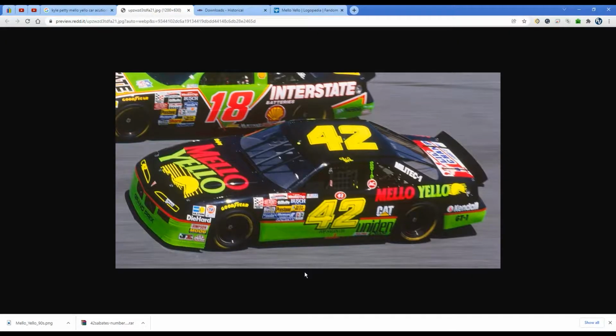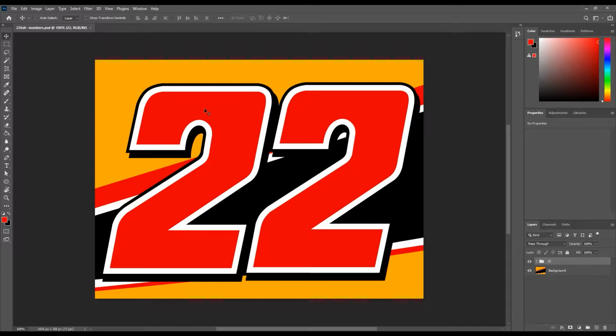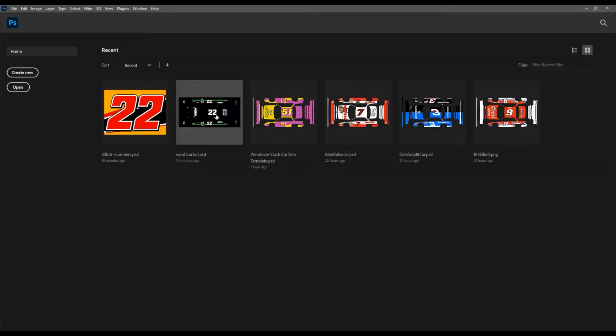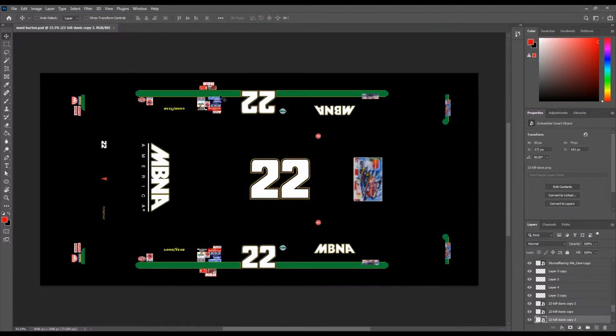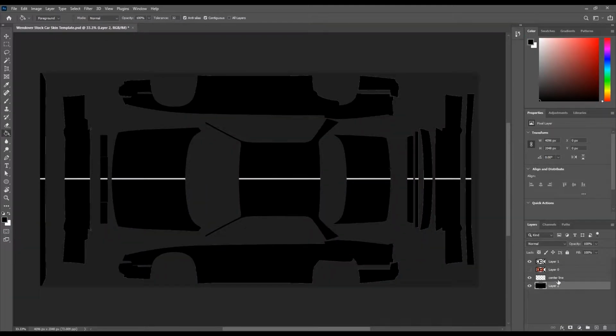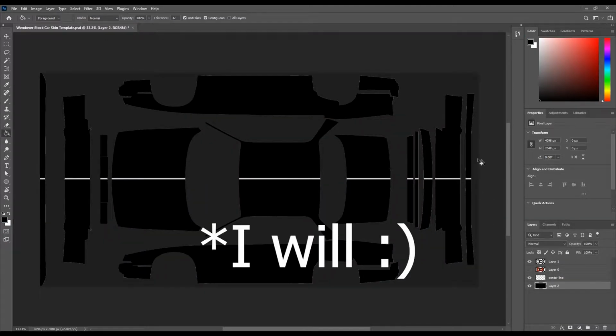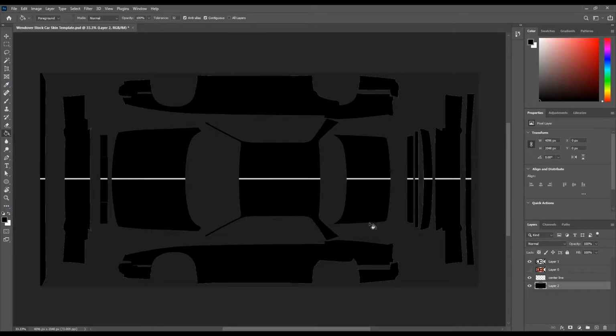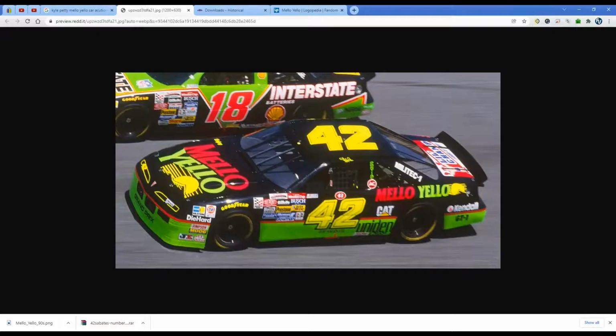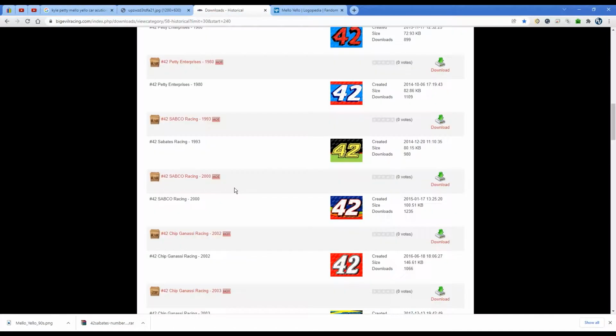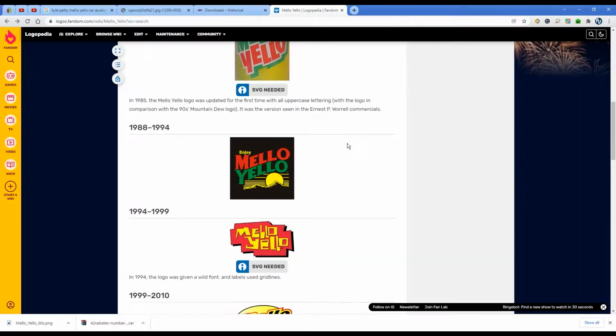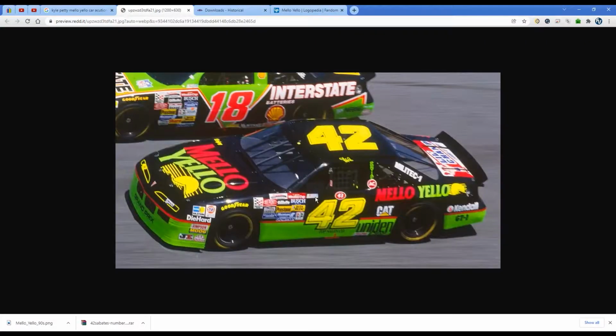So now's the fun part. That's for a different one I was making, which is actually this one right here. Just finished this one. I have the center line. I could probably put this as a download if you just want this as a template in the description, if I remember. If I don't remember, you can go ahead and bug me about that. But yeah, so we have the number, we have the primary sponsor, so we can start placements